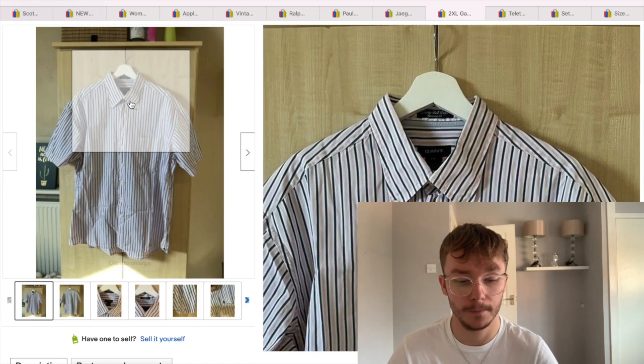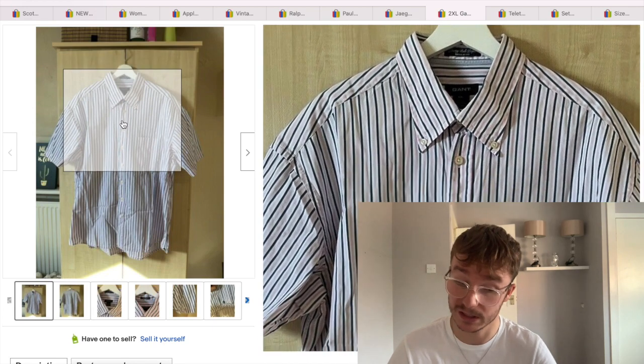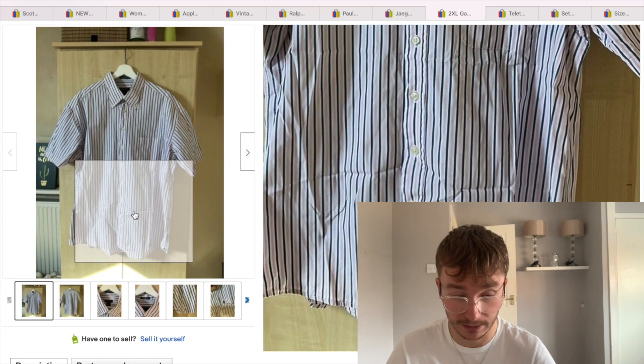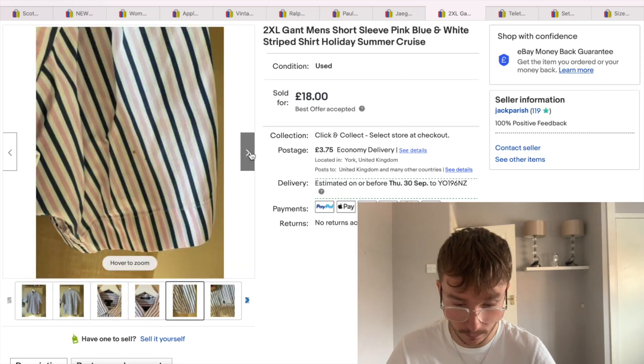I picked this up for £2.50 from the hospice shop. They had 50% off all men's and women's clothing, so it should have been £5, costing £2.50. As you can see from the picture, I didn't even bother to steam it. I just hung it up and took the pictures of it. It was a lovely shirt. The only defect on it was,